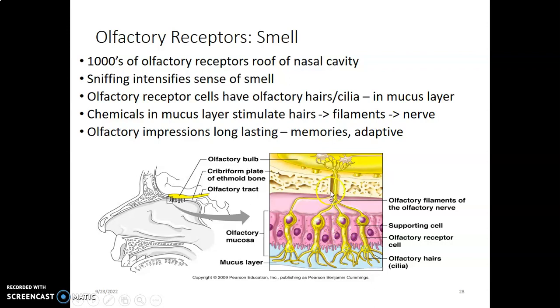When it gets to the brain, you're able to adapt, you're able to memorize that this is perfume, this is that. So in the next lecture, we discuss the